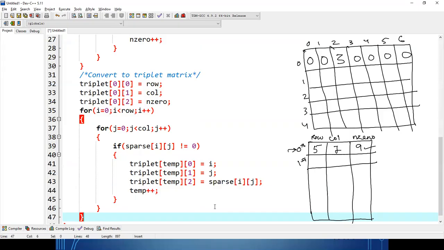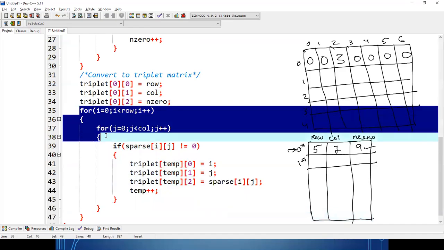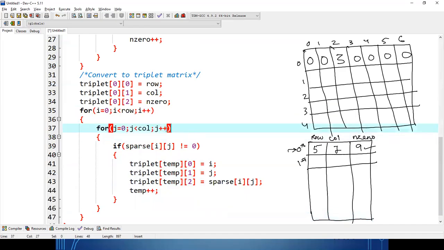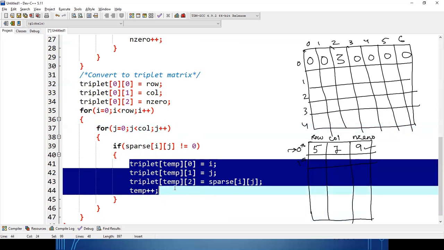So as long as I get non-zero values in the sparse matrix, temp will increment and they will be stored sequentially. Clear? Once these two loops are over, my entire sparse matrix traversal will be over, and my triplet matrix will also be ready.